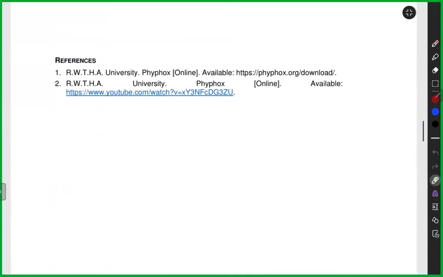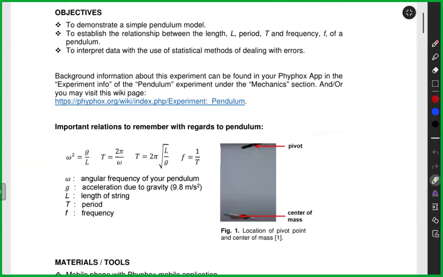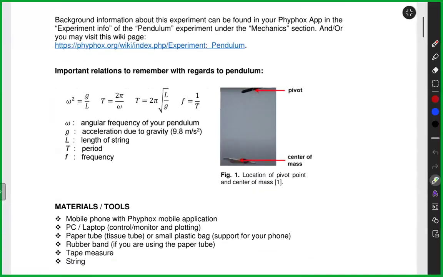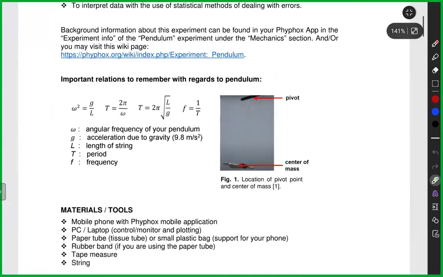All right. Now, in this experiment, we will be using again your phyphox, which I'll be showing to you later on how to go to the specific feature of phyphox for this specific experiment. And the different relations that you have to remember with pendulum would be the equations of the angular frequency omega, which is equal to the square root of g over L, or the acceleration due to gravity divided by the length of the string